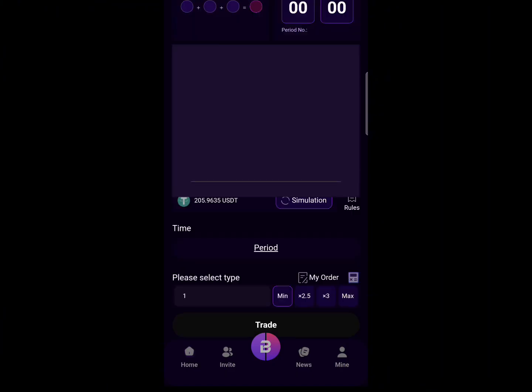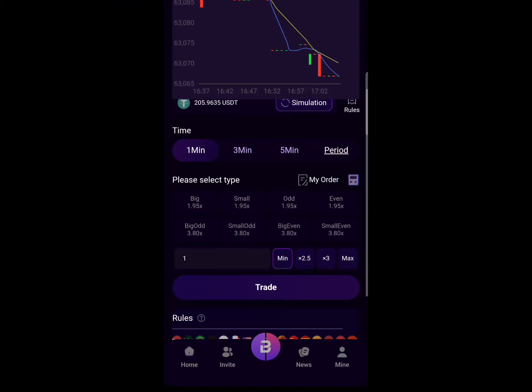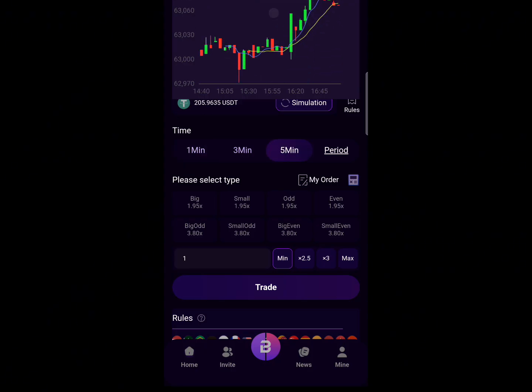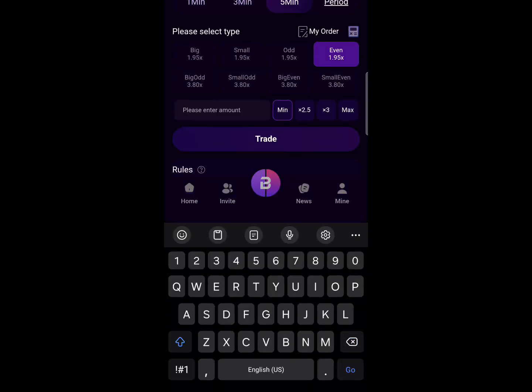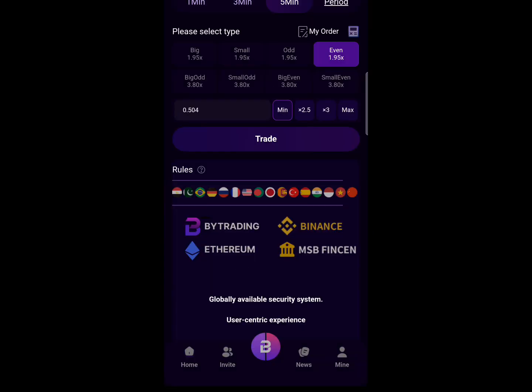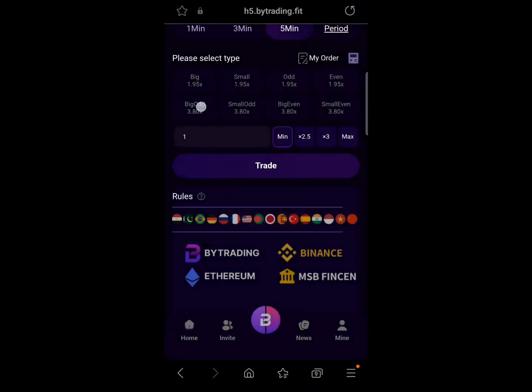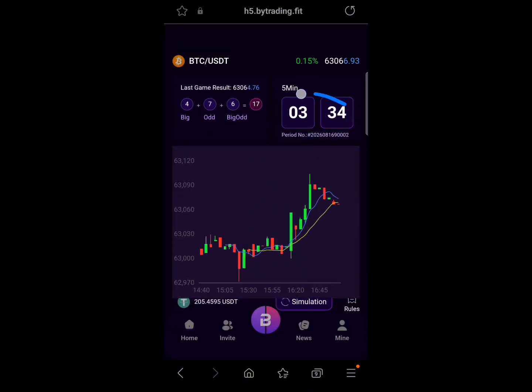Once you click on it, you have to come over and click on this 5 minutes. Once you click on 5 minutes right here, you can see they recommended us to also use even. You can see this is even right here. Click on even. Then write in the amount given to you by the calculator, 0.504. So you click on trade. Once you do that, click on confirm. You can see right there it is a success, and we just have 3 minutes left for the results